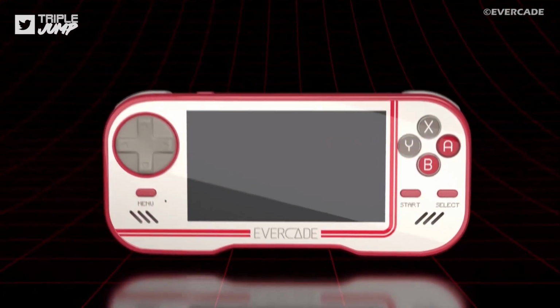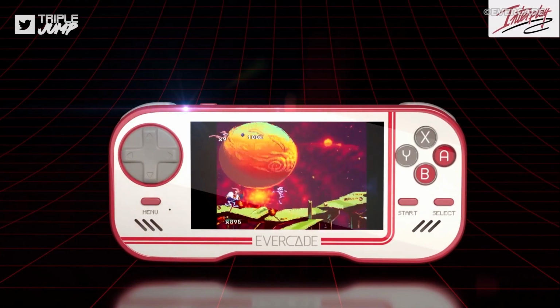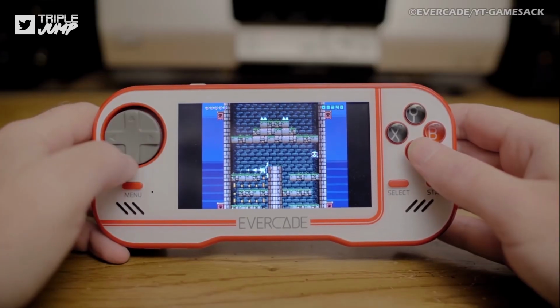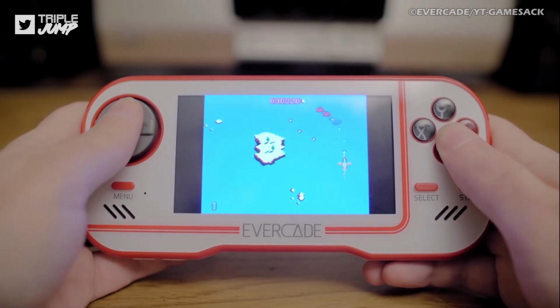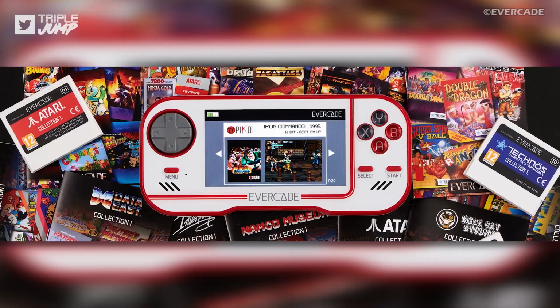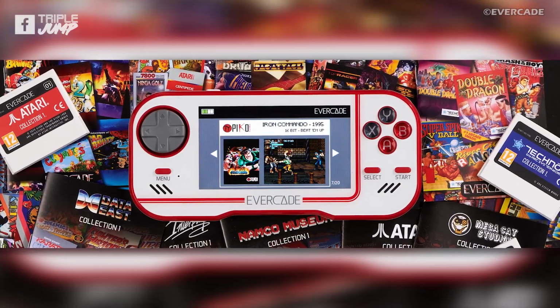It's especially nice for those who aren't comfortable with emulation, as the ports on the Evercade are fully licensed official releases. The unfortunate thing is that the handheld does not support direct arcade ports. Instead, arcade games are represented by their usually inferior console versions. That's not necessarily a deal breaker though, especially when you consider the system sells for a mere $80, and each